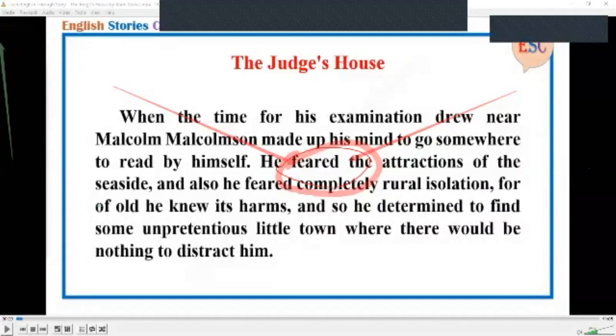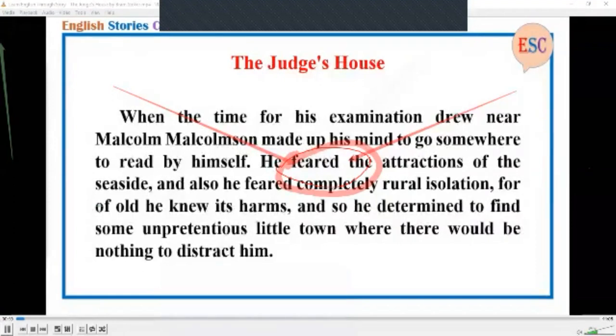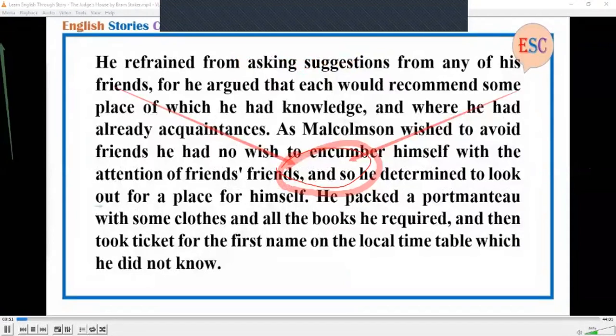Shall I play? Okay, let me. When the time for his examination drew near, Malcolm Malcolmson made up his mind to go somewhere to read by himself. He feared the attractions of the seaside, and also he feared completely rural isolation, for of old he knew its charms, and so he determined to find some unpretentious little town where there would be nothing to distract him. He refrained from asking suggestions from any of his friends, for he argued that each would recommend some place of which he had knowledge and where he had already acquaintances. As Malcolmson wished to